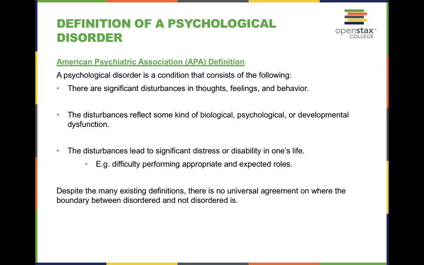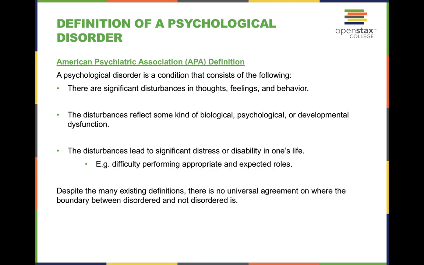Now, when it comes to the definition of a psychological disorder, the American Psychiatric Association, or the APA, defines a psychological disorder and it consists of the following. Firstly, there are significant disturbances in thoughts, feelings, and behavior. Next, the disturbances reflect some kind of biological, psychological, or developmental dysfunction. And thirdly, the disturbances lead to significant distress or disability in one's life, aka they have difficulty performing appropriate and